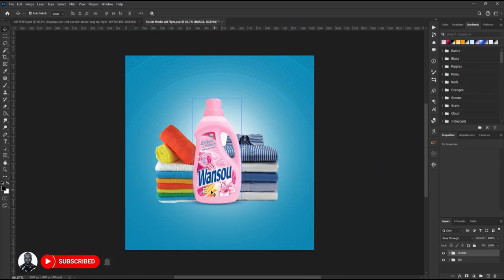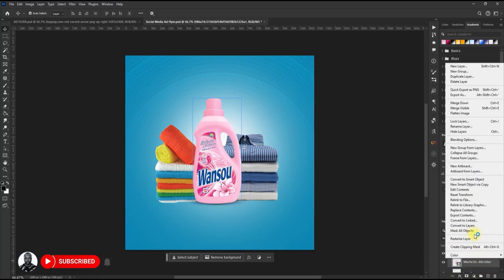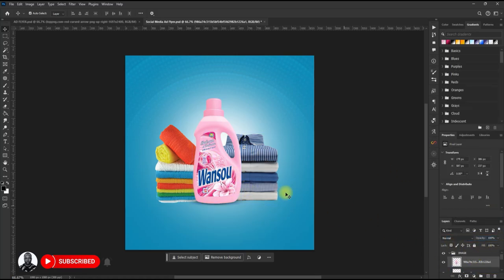Now the next thing we are going to add here, first of all, let's remove the name. The name on this product here, I'm going to remove it, so that we can add our own name. All right, so the way we are going to do it is that, first of all,